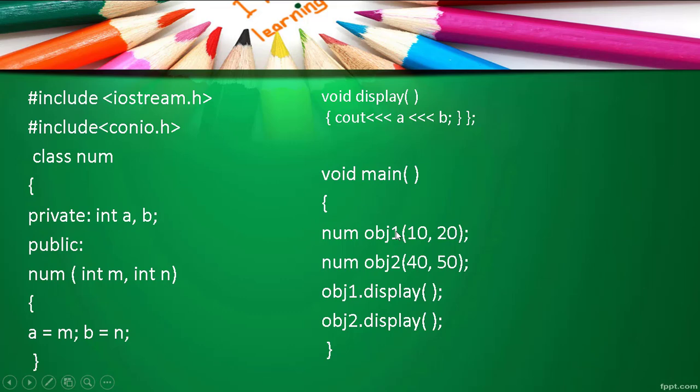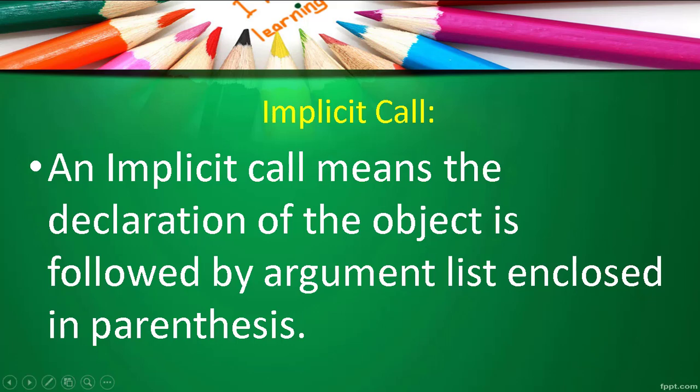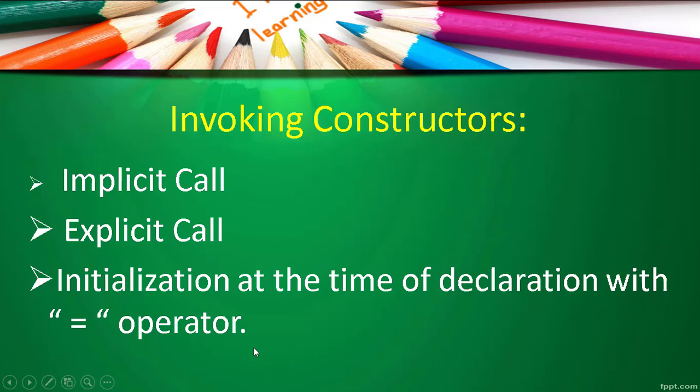Num is the class name. So here you are declaring two objects, that is object 1 and object 2. Along with the object, you have got the arguments. As we told in the meaning, what is an implicit call? It is a declaration of the object. We are declaring an object followed by the arguments, that is we are having the argument which is enclosed in the parenthesis. That is what we can see in this